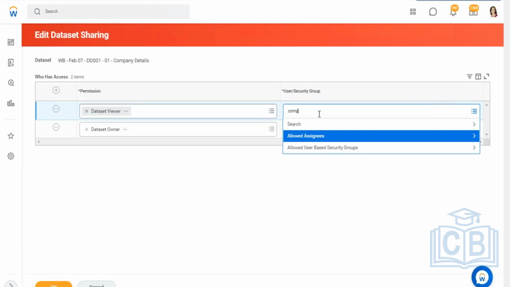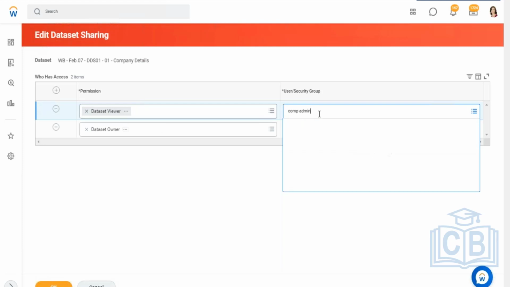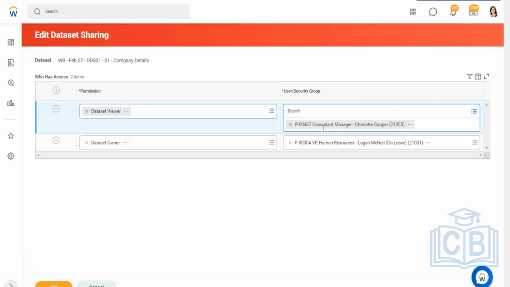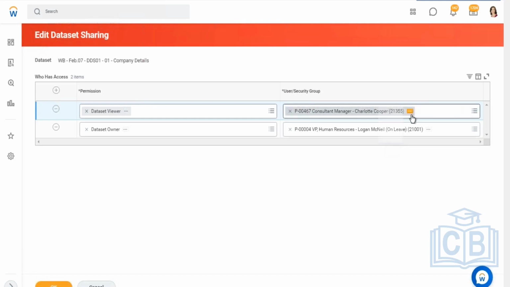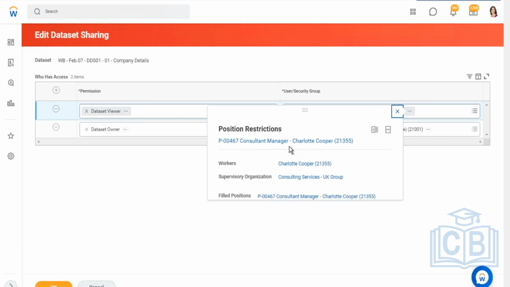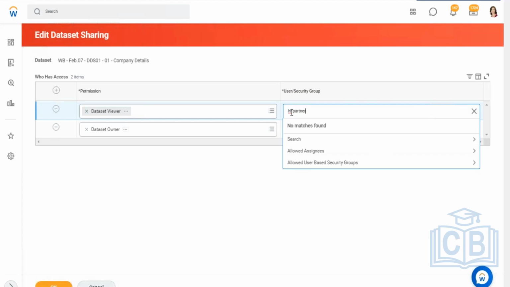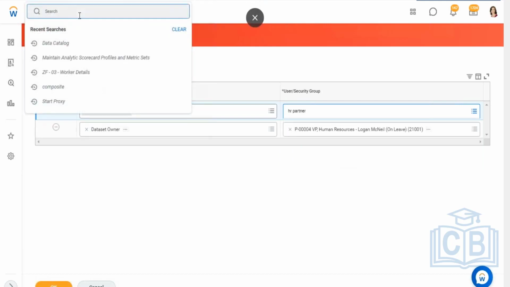So let me search for, let's say, comp admin. Okay, let me search for manager. All right, if you see, the moment I search for manager, the system automatically assigns this role to this user. I'm not able to search for a manager role. Let me see if I can search for HR partner. Again, I'm not able to share this with HR partner. This is because in maintain assignable roles, we define